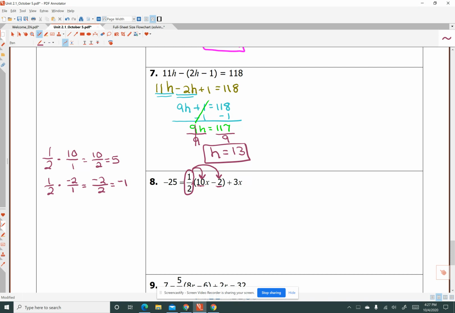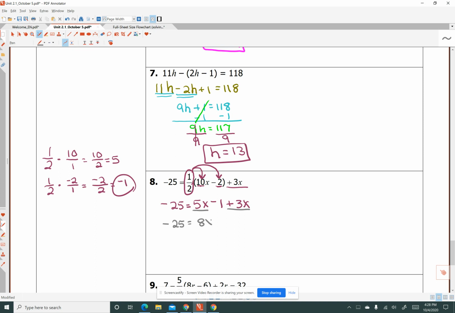So here we go. Negative 25 equals 1/2 of 10 is 5, and that's a positive times a positive. So we've got 5x. 1/2 times negative 2 is negative 1. We saw that over here. And then we've got to deal with this plus 3x. So let's take a look at what we have on that side of the equation. On the left side of the equation, we have negative 25. On the right side, we've got 5x plus 3x. Well, that's